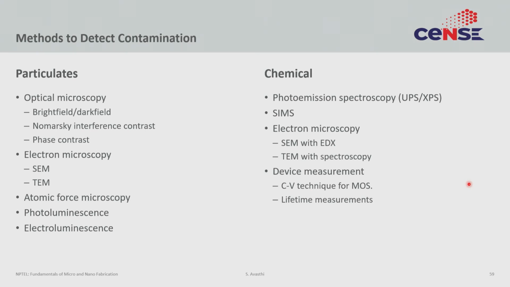I will end this lecture with a little bit of discussion on how to detect contamination. So, I have talked about how to optimize films etc., but any optimization requires a method to detect contamination. So, then you can optimize the recipe. When you want to detect contamination, you have to really ask yourself what type of contamination you are trying to detect. So, of course, it can be particles, it can be chemicals, and there are different methodologies to do both.